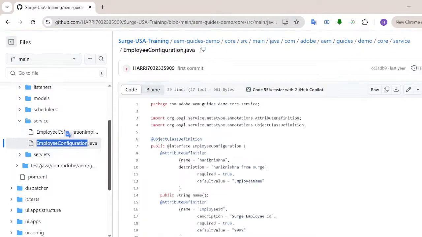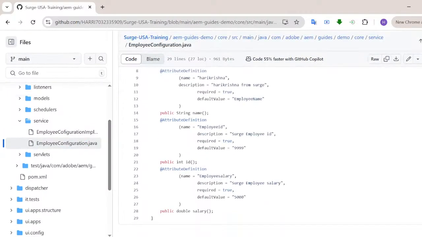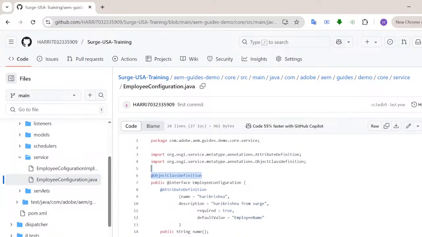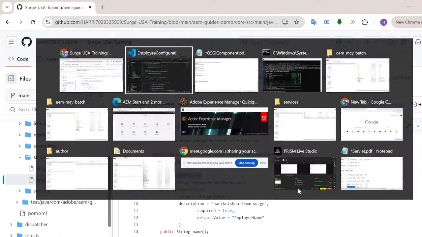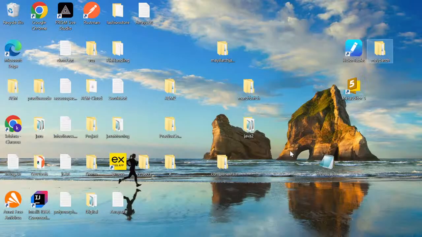configurations. So see here, attribute definition. These are all the values we take. And when you deploy this one, we will create one logger file. All the values will be displayed in the logger files. And there is a